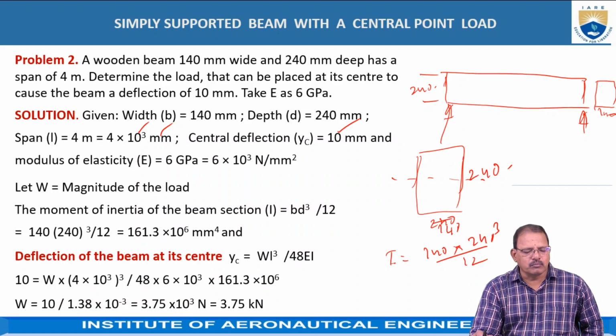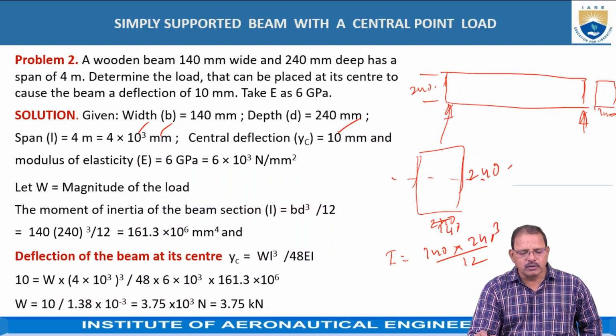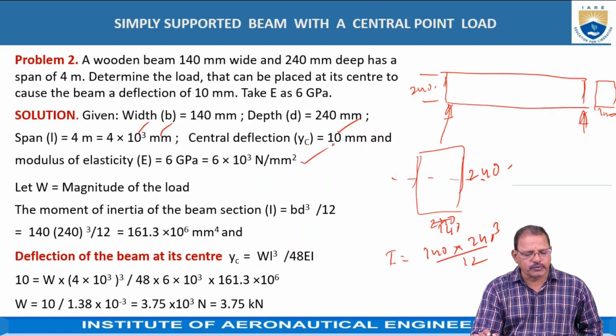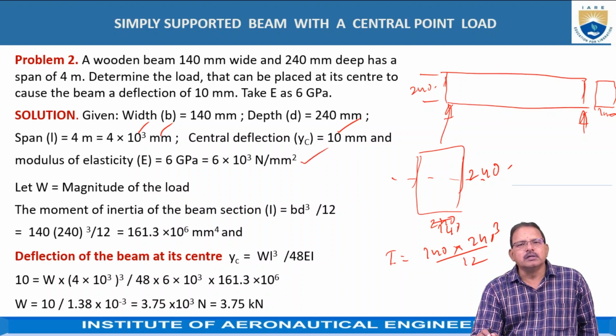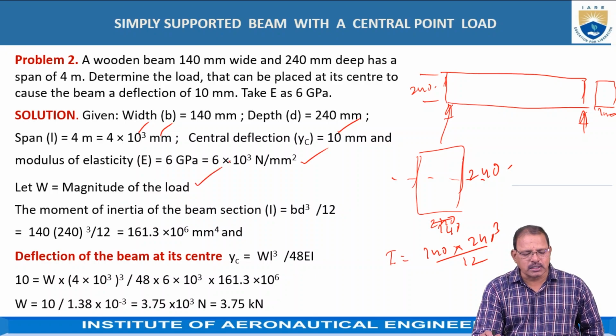And modulus of elasticity is given as 6 gigapascal, which is equal to 6 × 10³ Newton per mm². Let W represent the magnitude of the load